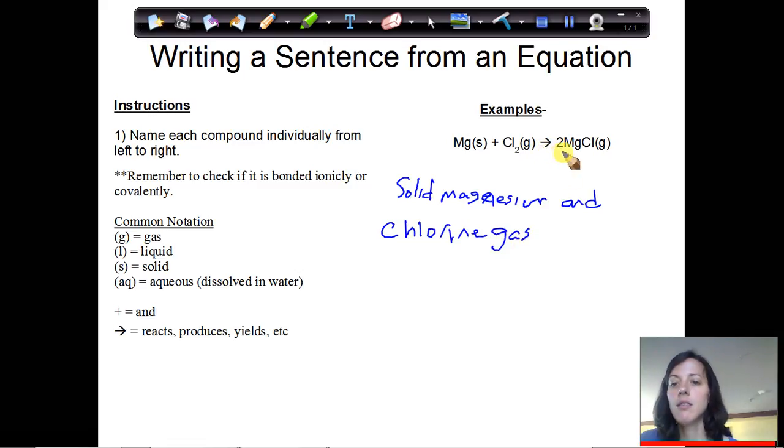You can say reacting to make, making, producing, yields. There are a lot of variations on how to write out this arrow, but basically it means they are producing